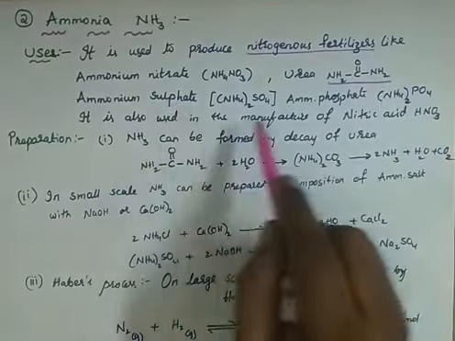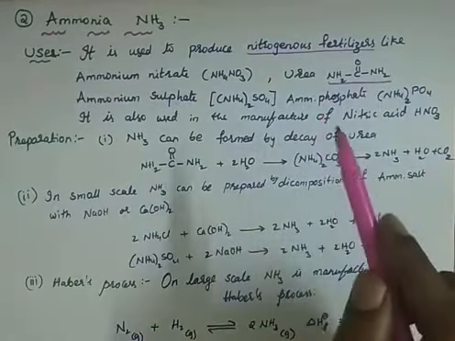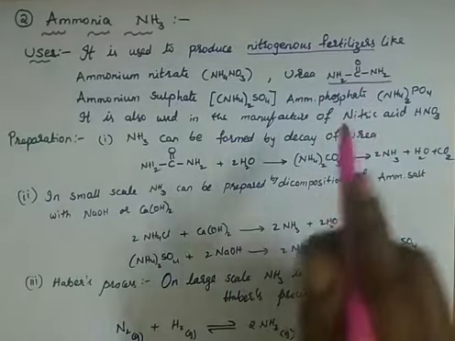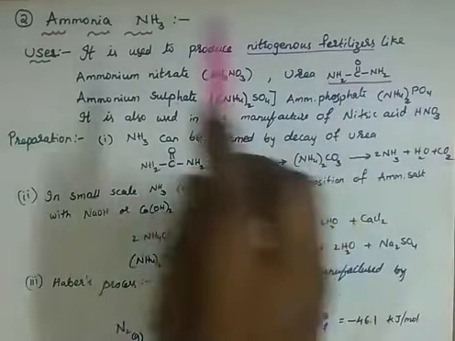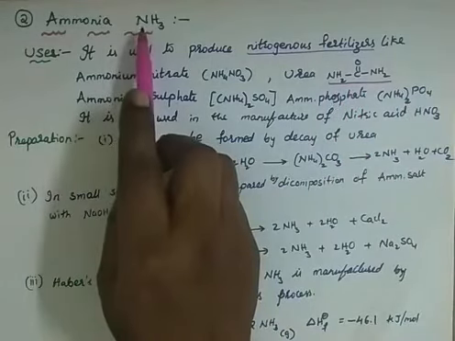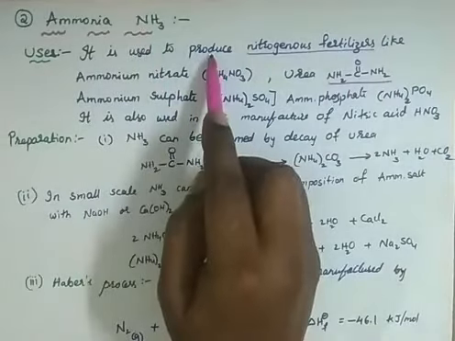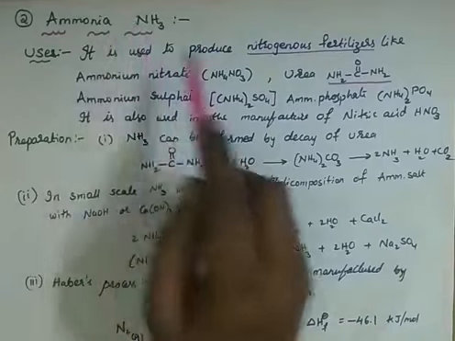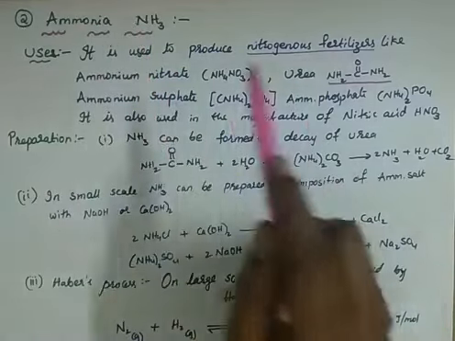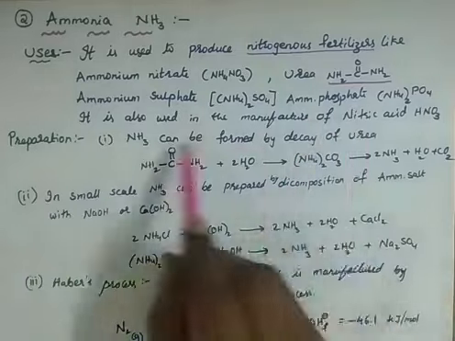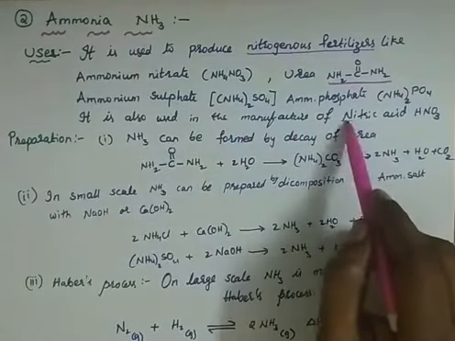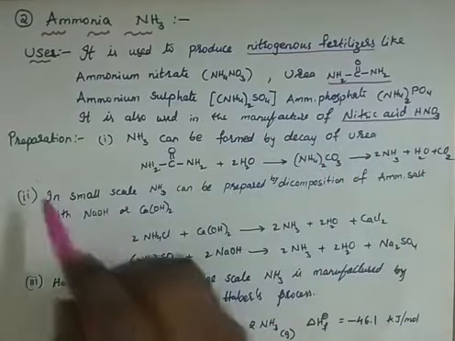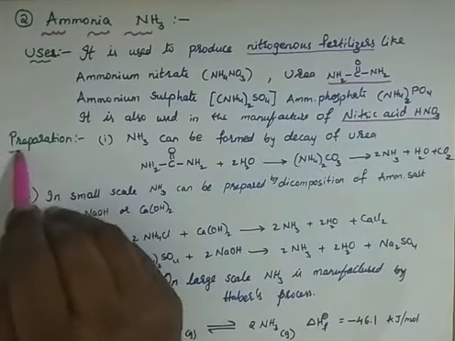So these are all very important and required in large quantities, especially in our farming and other industries, and they come from ammonia, right? We use it to produce all these things. That's why learning about ammonia, its properties and its preparation is very important. It's also useful in the preparation of nitric acid, another important compound which we'll learn in the next continuation of this. So first we'll learn about the preparation.